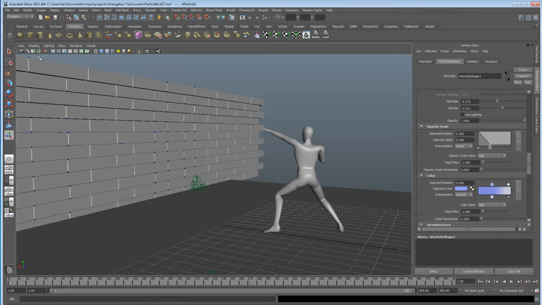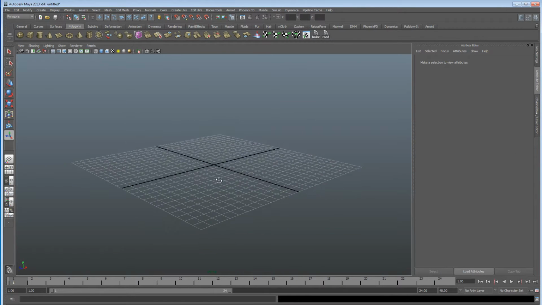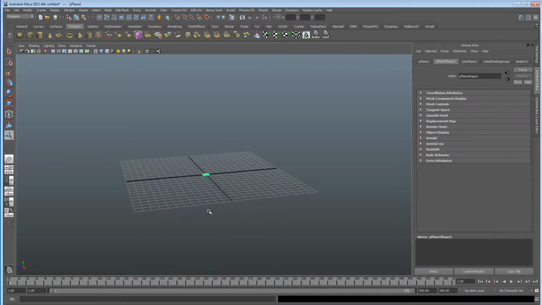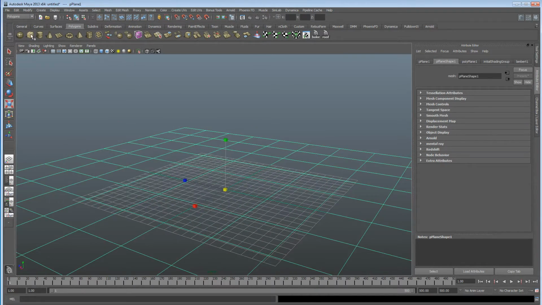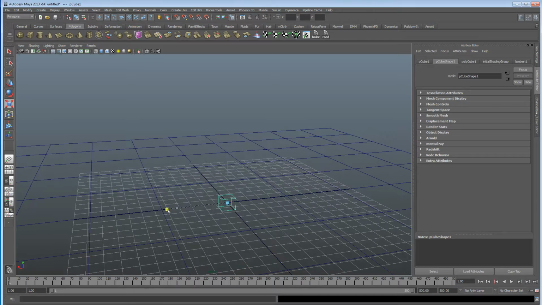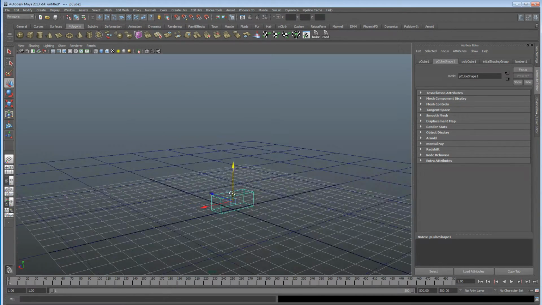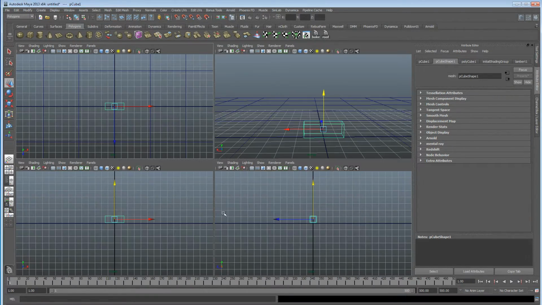Let us begin from the beginning. Bosh, oh my god, it's gone. So I'll see how quickly I can do this, and you can follow along if you want. So let's just create a wall quickly. I might create a smaller wall than we had before. Just going to go to the side,